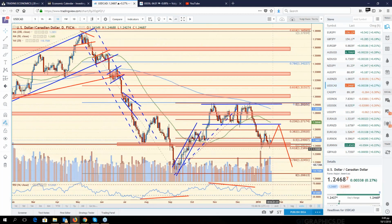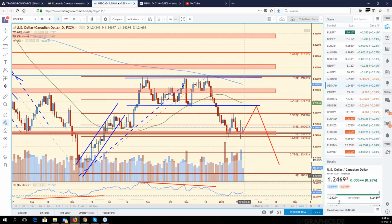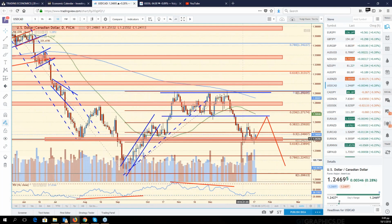Yesterday we had very choppy price action. Actually, yesterday we closed with a doji, which is the last thing somebody would expect during the day, because we had wild price action to the upside, wild price action to the downside at some point, due to BOC volatility, of course, as well. And we settled being unchanged. But as far as I'm concerned, even if we rebound once again from here, which was a very nice level, it was a 61.8, it was also horizontal support, I would be very, very cautious, because